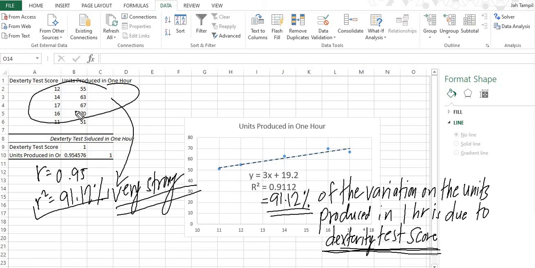That means that the relationship between dexterity score and productivity is quite strong, based again from our data. That's how we interpret the values of R and R squared, because they are mainly about the strength